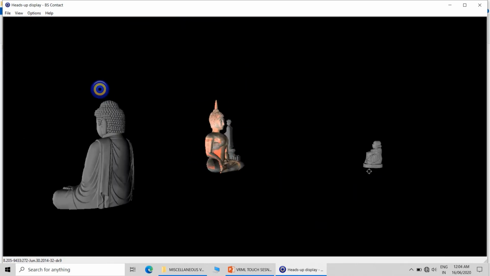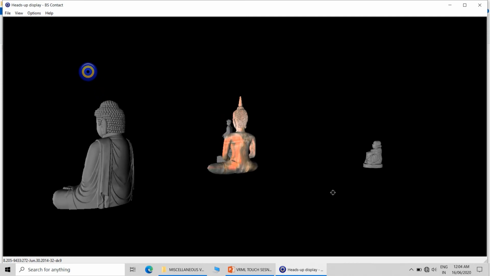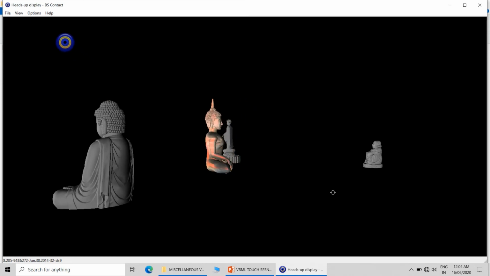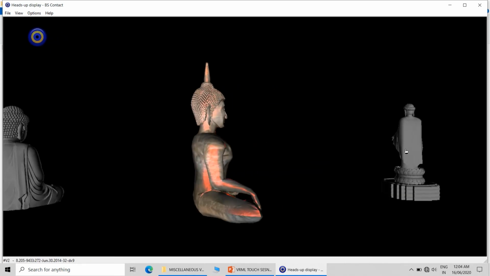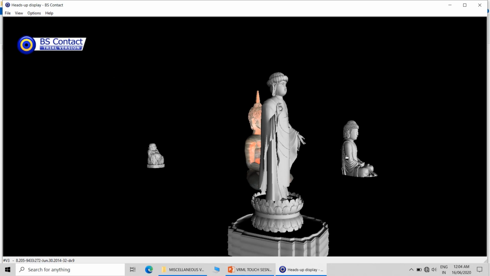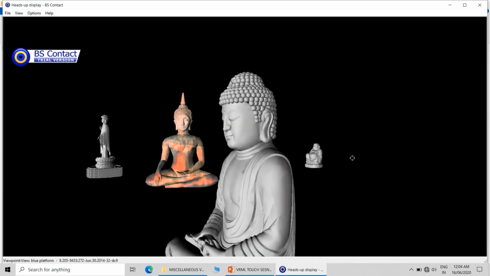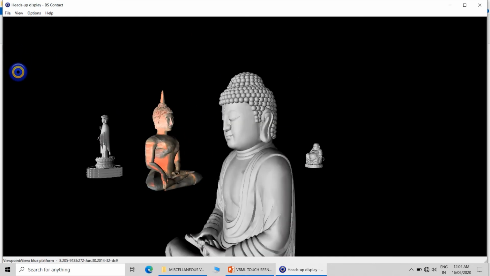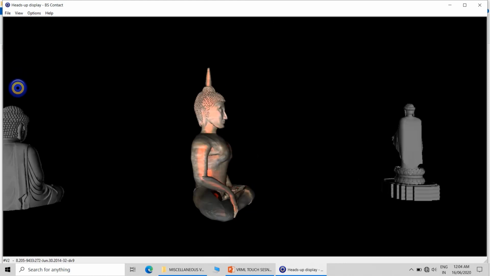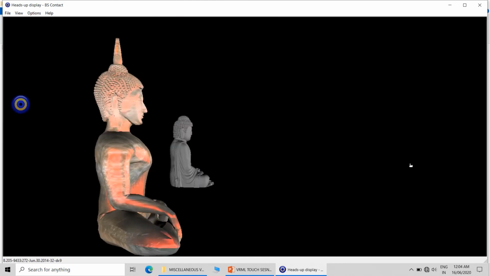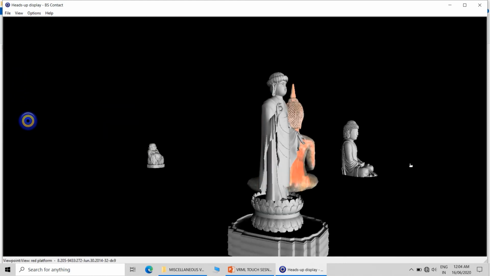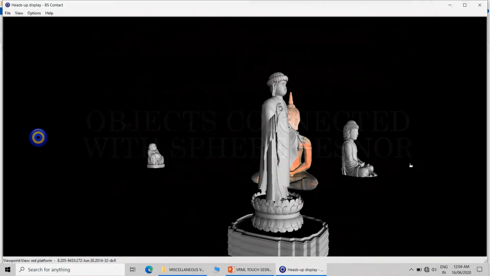Then again, this is the view in which all the objects are visible. All the statues are there. So this is how the view switcher works.